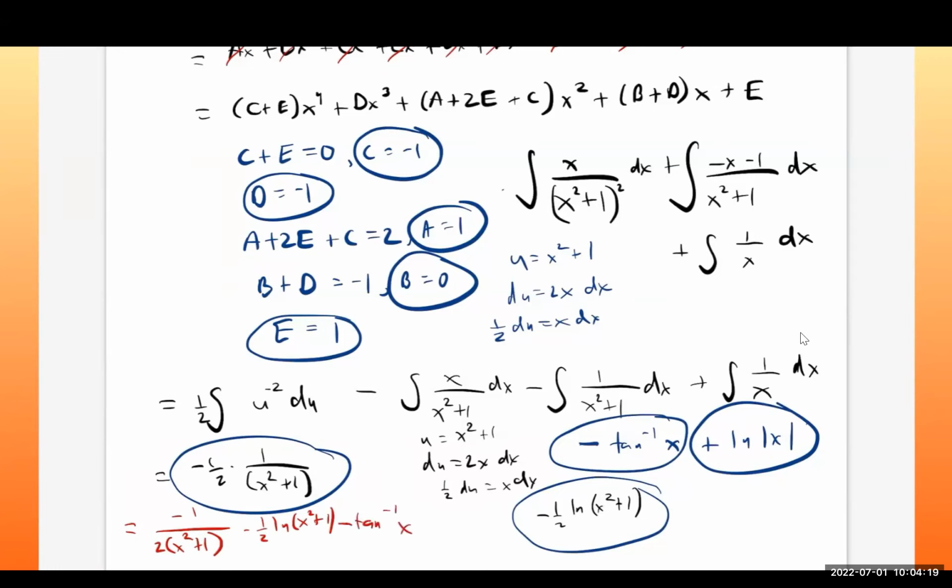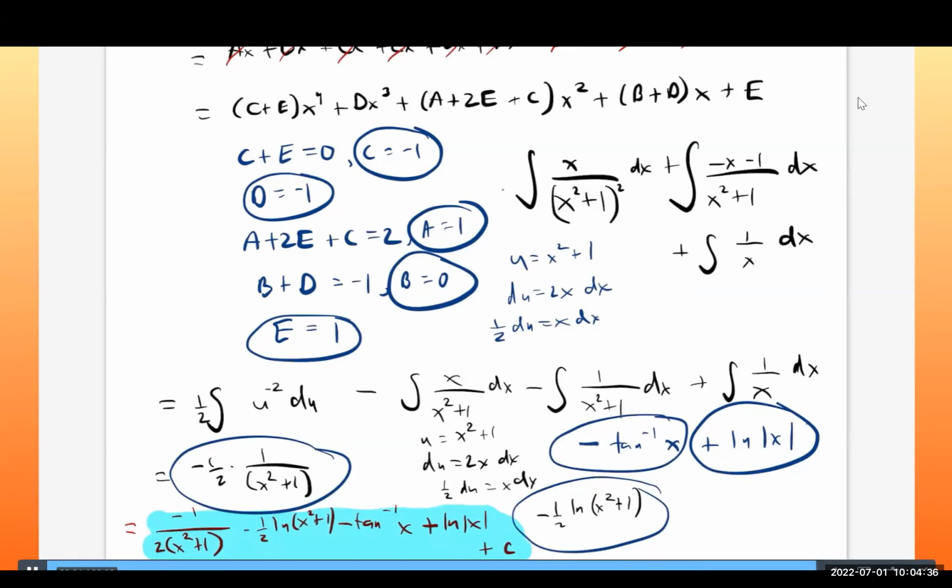Minus tangent inverse of x plus ln of absolute value of x plus c, constant of integration. And that is our final answer. That's a long answer, but yeah, some of these problems can be kind of long, like that one. And that is it for this